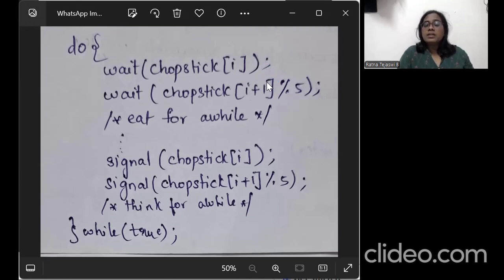So it starts waiting for the chopstick. Once it has acquired them, it will eat for a while. Okay, I have gotten the two chopsticks. Now I'll not wait for anything. The food is there, the chopsticks are with me. So I'll start eating, right? So I will start eating, and then after eating,